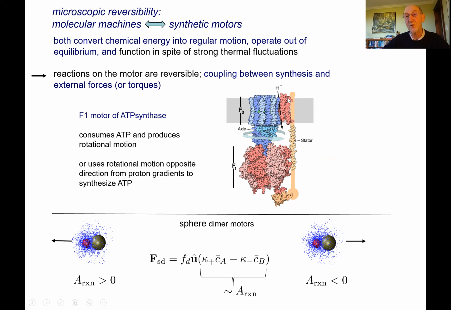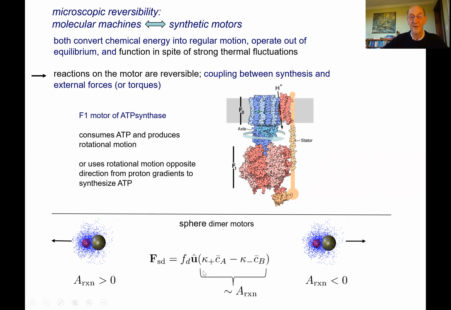But additionally, you can actually apply an external torque, which in biology is done by a proton gradient in the system. And that causes the motor, instead of consuming ATP, to actually make ATP from ADP. And so this is how the cell manufactures ATP. So this coupling between synthesis and external forces or torques is very common. And although I haven't described it in detail, exactly the same phenomenon holds true in these synthetic powered motors. But for today's talk, what I want to focus on especially is